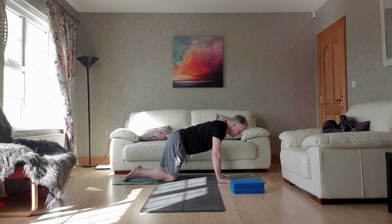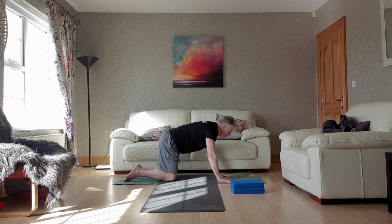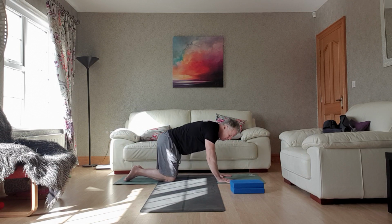So this time we're just going to take a wee wriggle back and forward, just really feeling that you're opening up those hips and getting that mobility into the wrists, right in there. We're just building a bit of strength, a bit of flexibility into the wrists, just really stretching right into it, get the blood flowing in around there. So if you feel this anyway